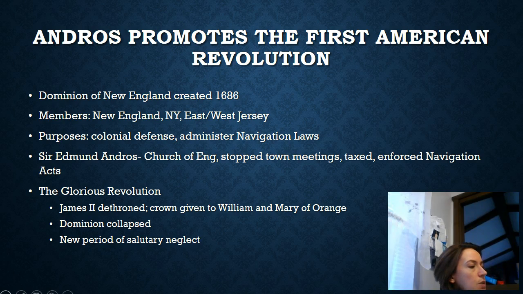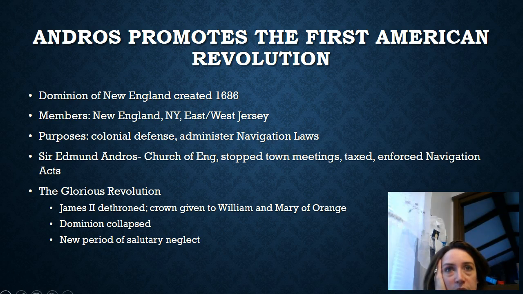We talked about it a little bit when looking at the plantation colonies, because the Carolinas were restoration colonies. Another attempt at some unity, but in a more negative way, is the Dominion of New England. This was an attempt to rein in some of the economic violations that were happening, because this is all rooted in mercantilism: the colonies exist for the benefit of a parent country, in this case England, and England is supposed to make money off of the colonies, and the only way they can do that is to make sure all of the goods are going through England. Even if they're going somewhere else, like we're trading with the French, the colonists have to send them to England first, and the English trade with the French. Just as an example, it could be the Dutch, it could be anyone else.